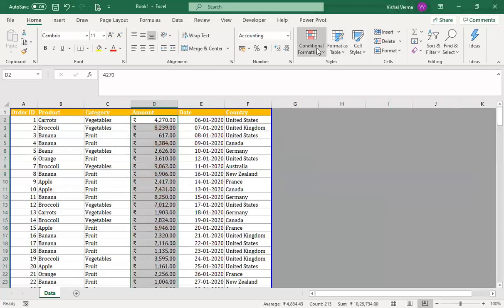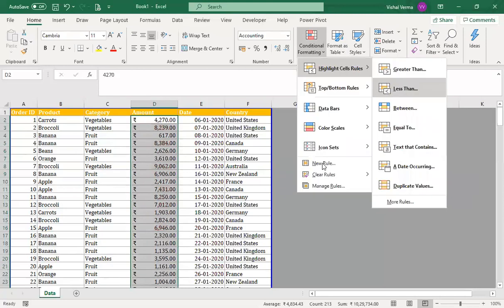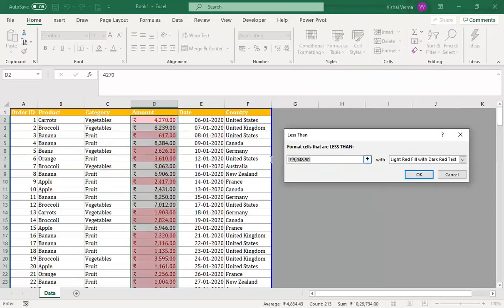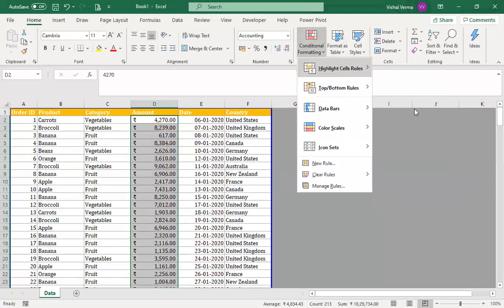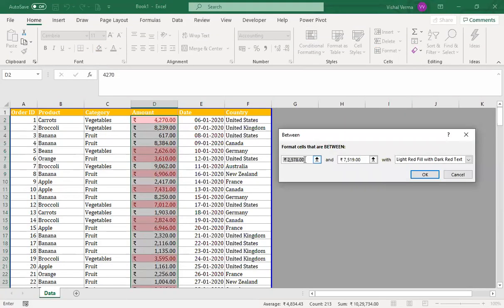In case of Less Than, the fundamentals remain the same. We just say, for example, anything less than 5,000 we will try to identify. It's just the reverse of Greater Than. Then we have Between, which asks for a range.